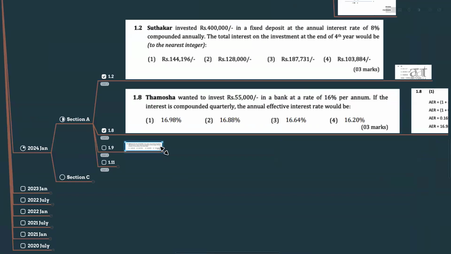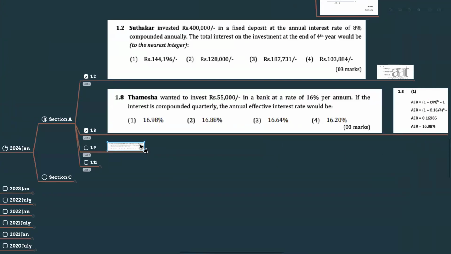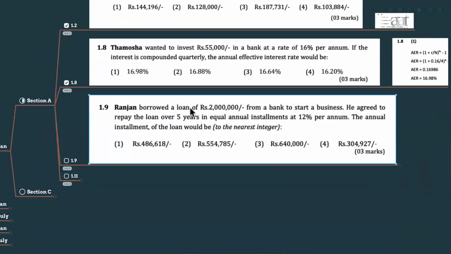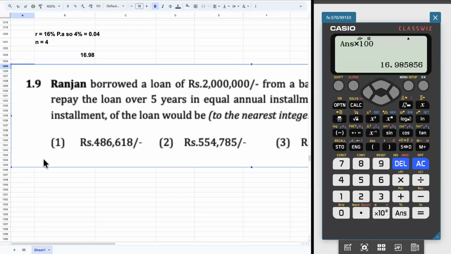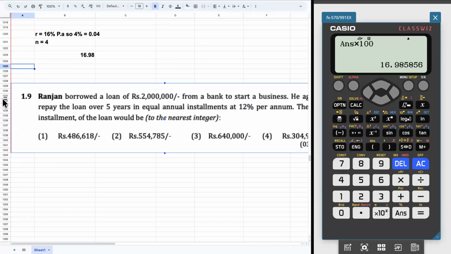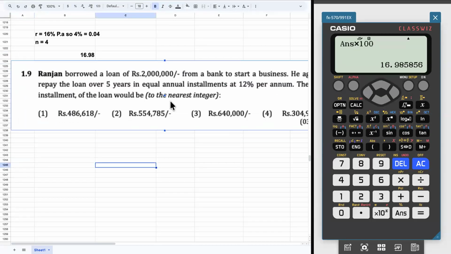And 1.9, Ranjan borrowed a loan of rupees 2 million from a bank to start a business. He agreed to repay the loan over 5 years in equal annual installments at 12 percentage per annum. The annual installment of the loan would be, to the nearest integer. So again, they are asking the same type of question, to calculate the annual installment amount,